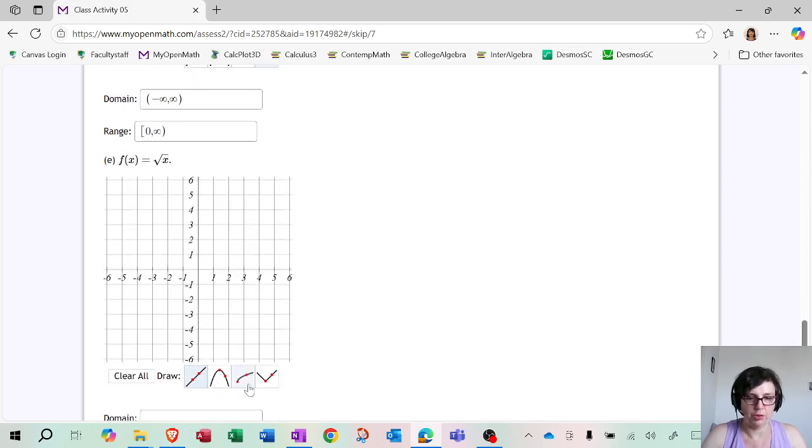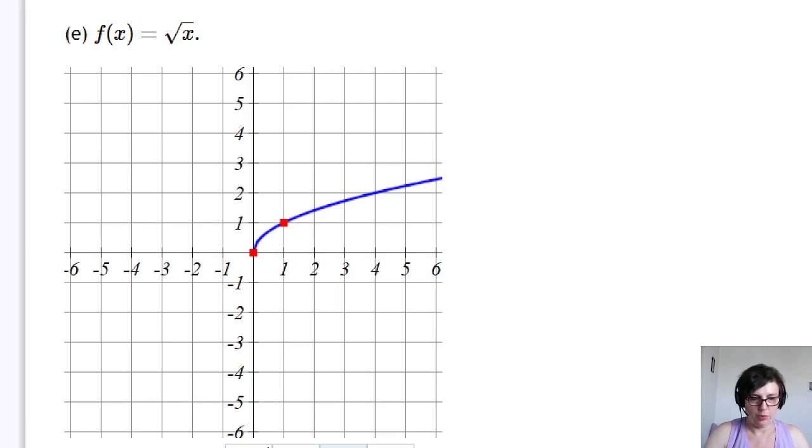Finally, the square root of x. So square root of x is this guy right here. We're going to start at (0, 0), and also connect it with (1, 1). Now let's focus on this guy. What is going to be the domain? So the domain is not going to be all real numbers because it doesn't exist for negative x values. So it only starts right here and then goes all the way forever. So it's going to be 0 to +infinity. What about the range? Well, the range is also not going to be everywhere. It's going to start at 0. And because the graph keeps going forever, it's not really going to stop. So that's going to be the range.